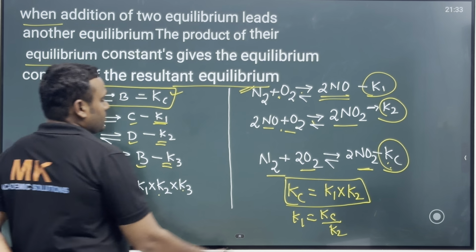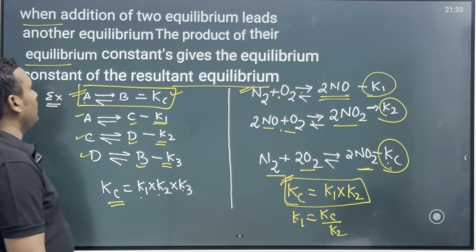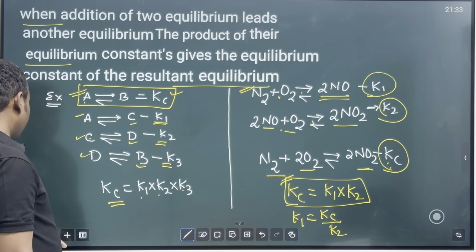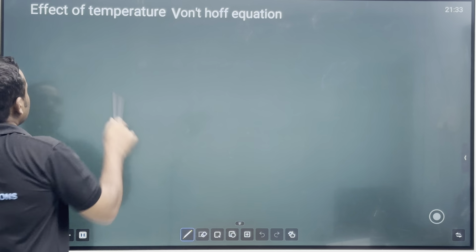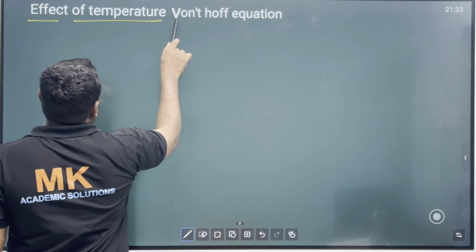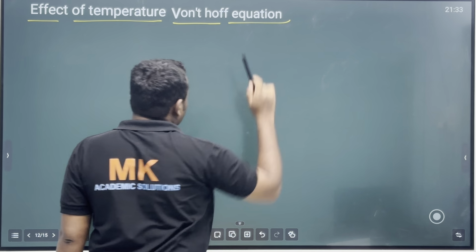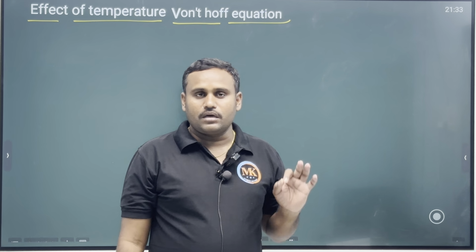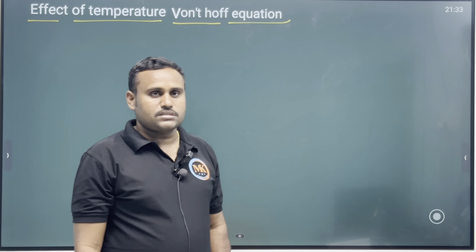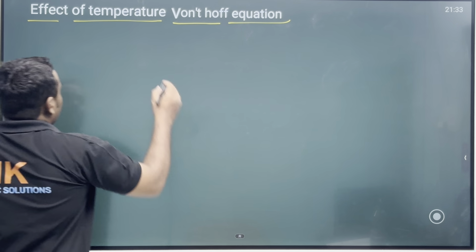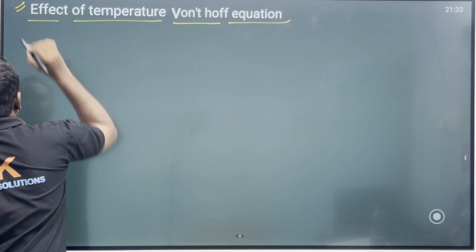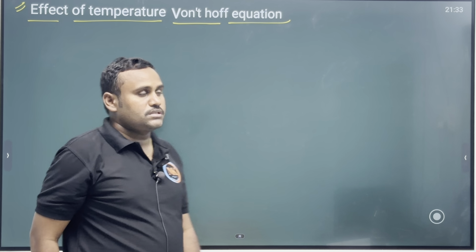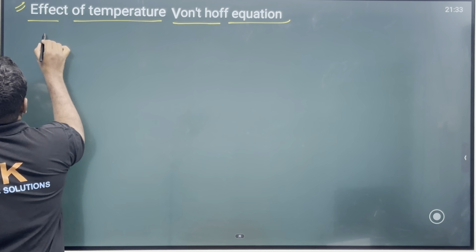Okay, so this is about factors influencing the equilibrium constant, and one more factor, that is the effect of temperature. Generally we know that when temperature increases, the rate constant also increases, and the effect of temperature on the equilibrium constant we can derive by using the thermodynamic relations. So here, according to thermodynamics,